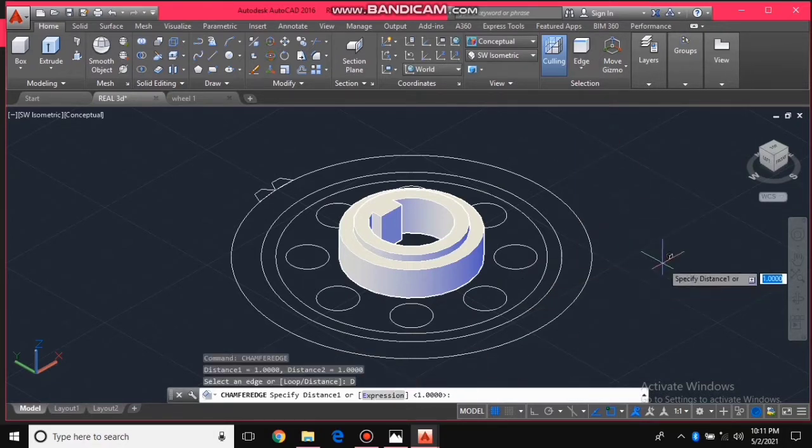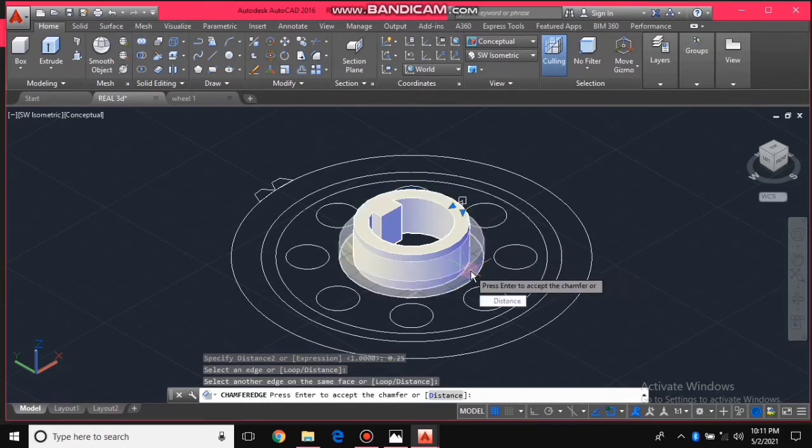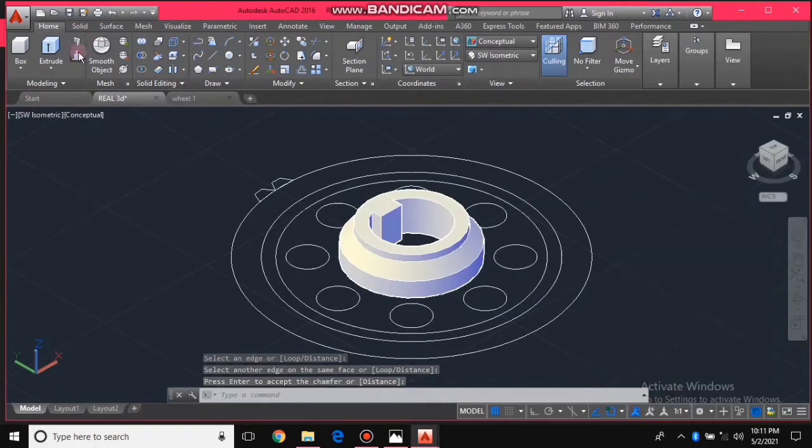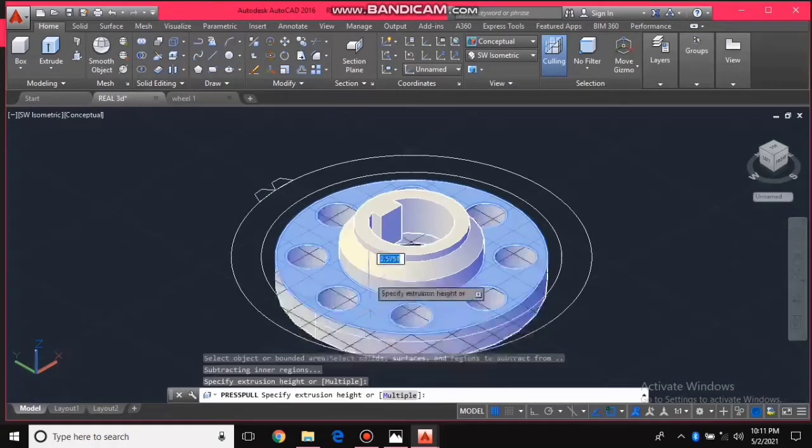then distance is 0.20, 0.25, 0.25. Then click this part, enter. Then after that, let's click again this press pull, then this part